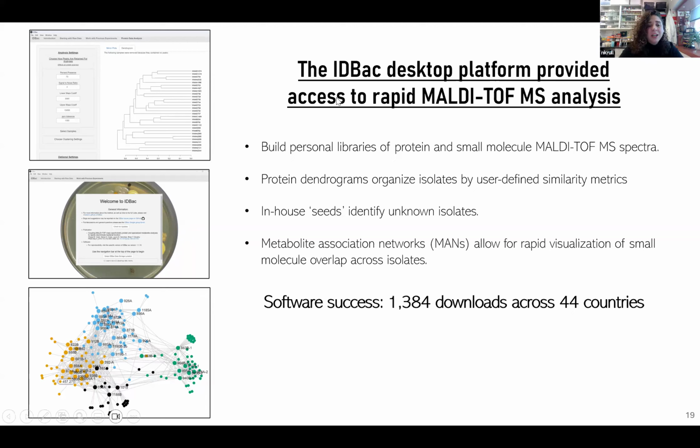And then metabolite association networks, or MANs, allow for rapid visualization of small molecule overlap across isolates. And this was a great success. There were over 1,300 downloads across 44 countries. Users were very happy to have a relatively automated way of processing and analyzing their MALDI-TOF